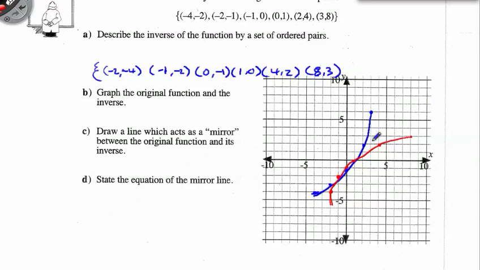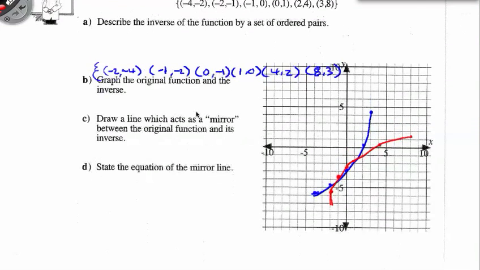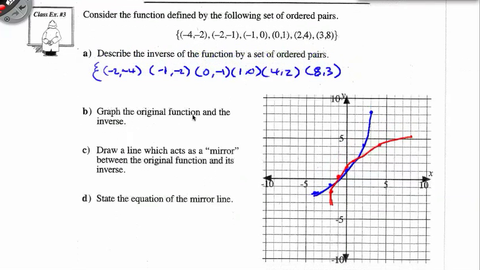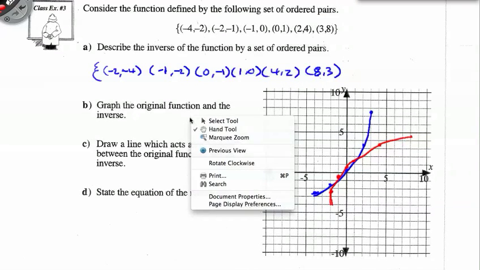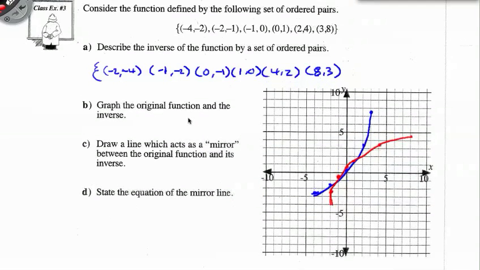So you can see they are a reflection of each other, and I think I accidentally moved this graph. Want to move the page there. This should really go through this point here. 0, 0 should be about here on the graph. So graph and then draw the line which acts as a mirror. We just page down here slightly. I'm going to just move this till I get to 0, 0. It's kind of tricky moving by fractions here. It's not really